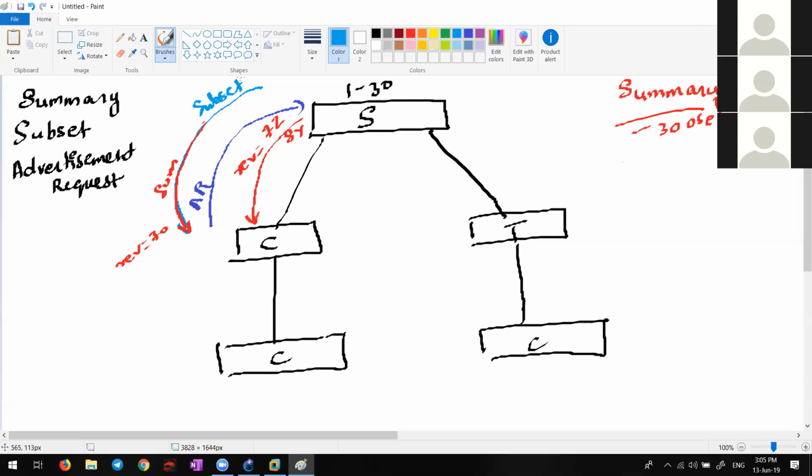First, the summary will be going every 300 seconds, or whenever there is a change in the VLAN database in the server. Let's say I'm creating a new VLAN. Immediately a summary message followed with a subset message will go on. Clear? Any doubts? Write it down now, the procedure. So for every new update, the summary follows.